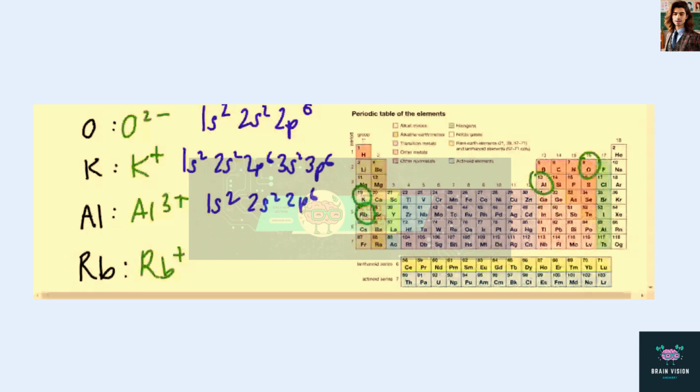So finally, let's move on to rubidium. For rubidium, it's going to be a lengthy electron configuration because the atomic number is 37. But anyway, let's write out the electron configuration for a neutral atom and then change it to an ion. So 1s2, 2s2, 2p6, 3s2, 3p6,